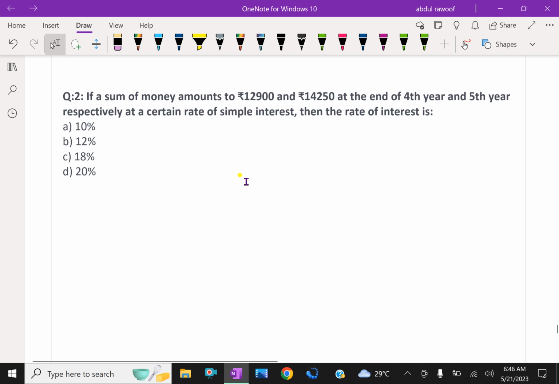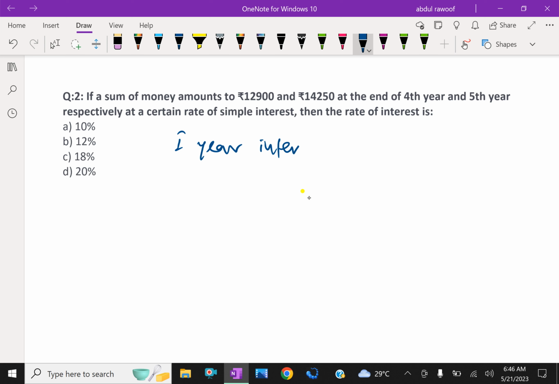Here, the 5th year minus the 4th year is 1 year interest. 1 year interest is 14,250 minus 12,900, which is equal to